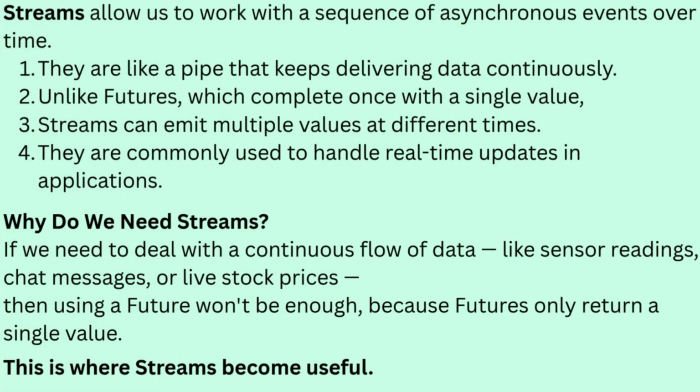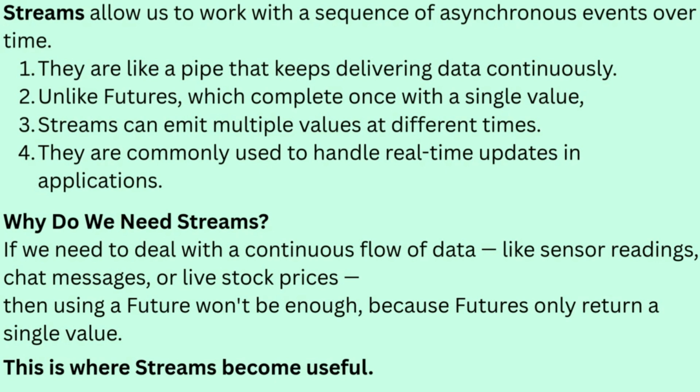So, let's talk about streams in Dart. Streams allow us to work with a sequence of asynchronous events over time. Think of it like a pipe that keeps delivering data little by little as it becomes available. Now, unlike futures, which give us just one value and then they're done, streams are different. They can keep sending multiple values over a period of time. And this is super useful when you're dealing with real-time data like chat messages, sensor readings, or live stock market